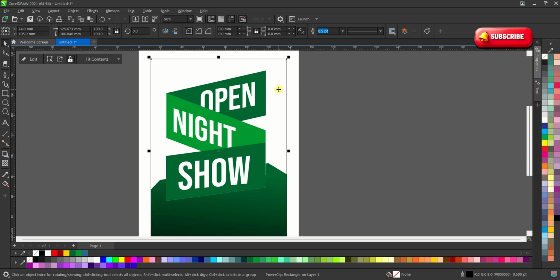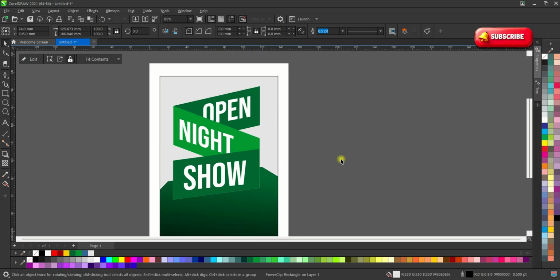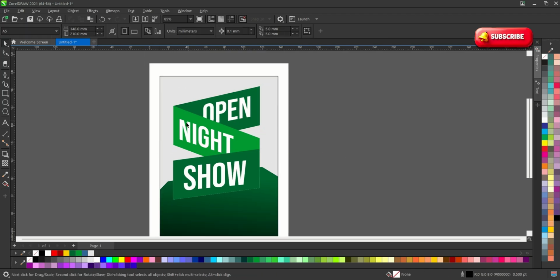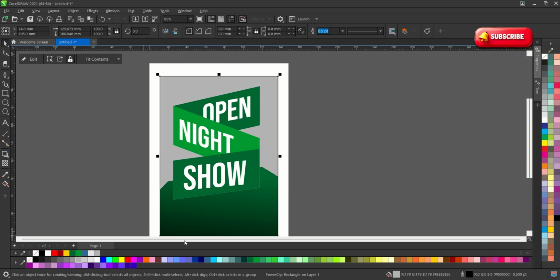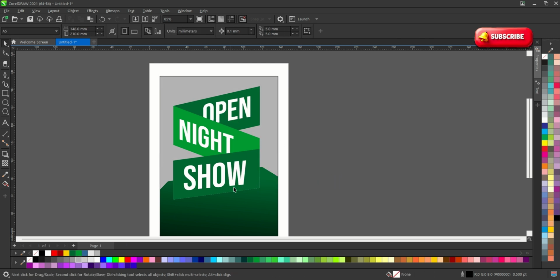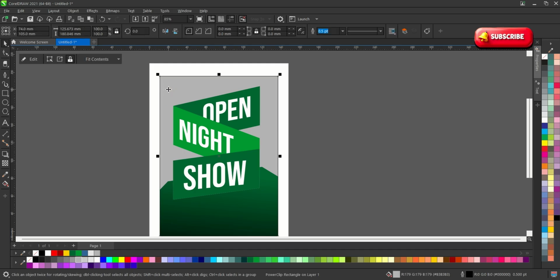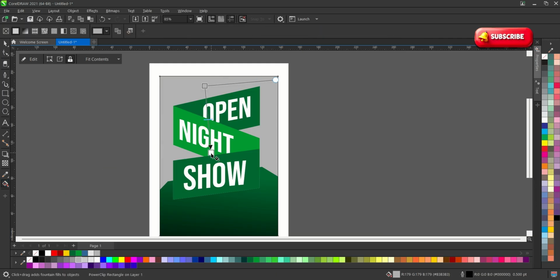So we can just give it a gray color behind. So we want it to puff out. There should be a white puff out. Let's give it a darker gray like this, and then we want that glow white behind it. So now select it from here, and then what you are going to do is come to the interactive sheet tool and then drag on it. Then the circular part,